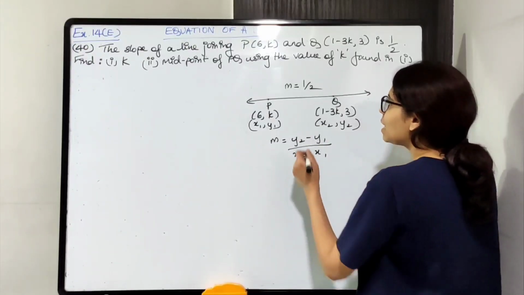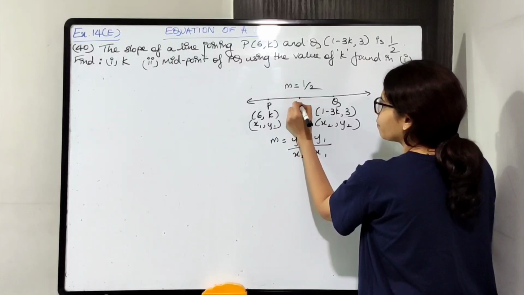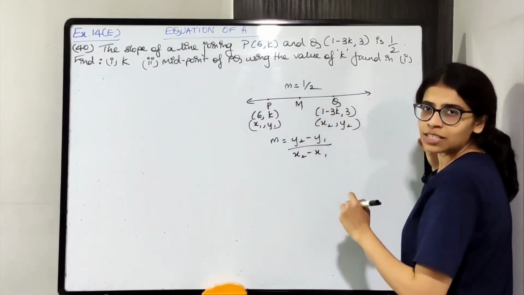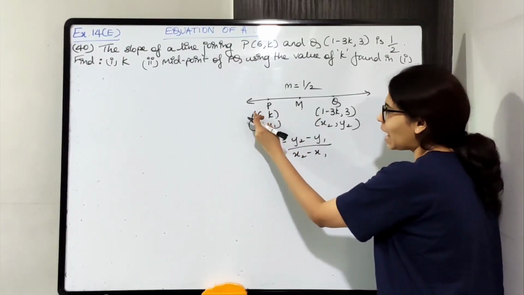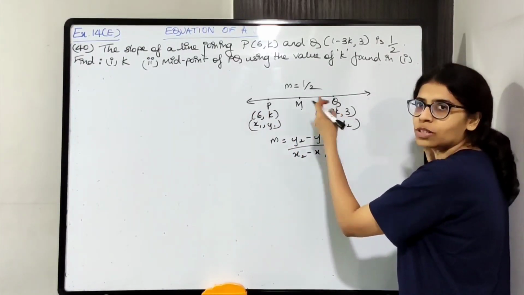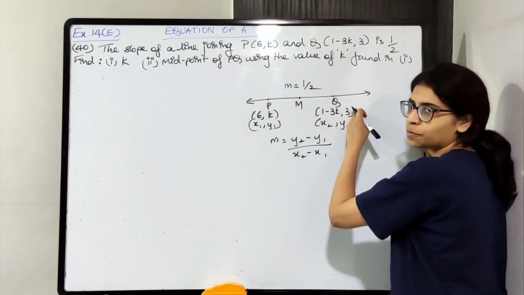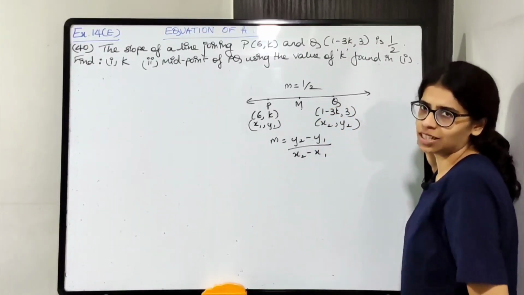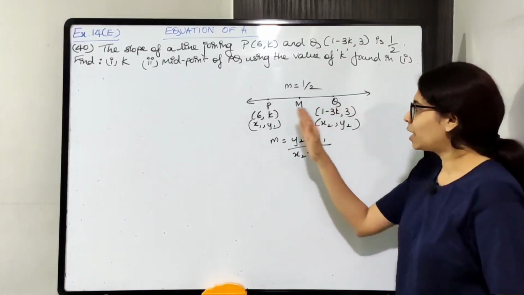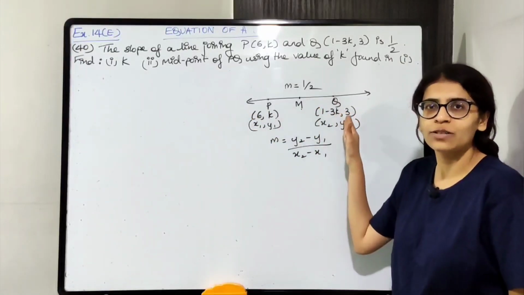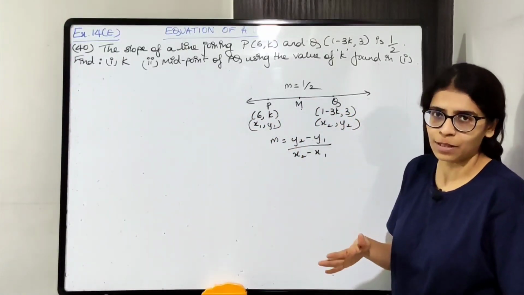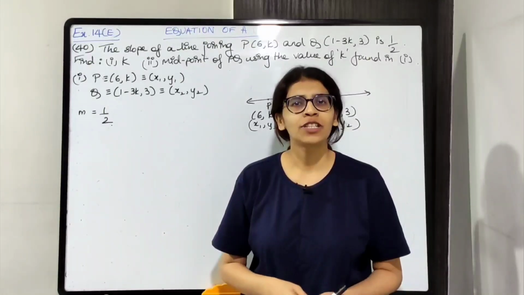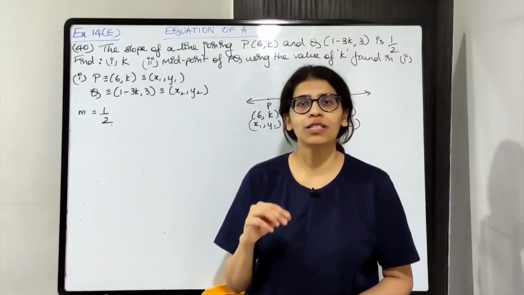Okay, so let's say M is the midpoint. M का coordinates क्या हो जाएगा? It is midpoint, therefore add the x coordinates of P and Q, divide by 2. Add the y coordinates of P and Q, divide by 2. Very easy. Okay, so एक बार k मिल गया, then normal values लिखो and then add and divide by 2. Add y coordinate and divide by 2. Okay, first we'll find the value of k from the slope.